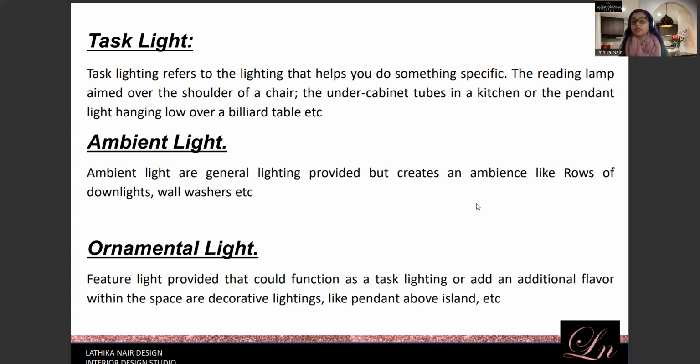Yes, those are called ornaments. You're right. These days, island benches do have the LED lights that run under the bench and all those kinds of things. They are mostly considered as ornament light, because if you see under the bench, there's no task as such that's happening. It's more when the island bench is made as a feature, the light is provided, because that just enhances the look. So they are actually considered as ornament light, though they are LED strips. When we provide them as highlighting the island bench, they are considered as ornaments.